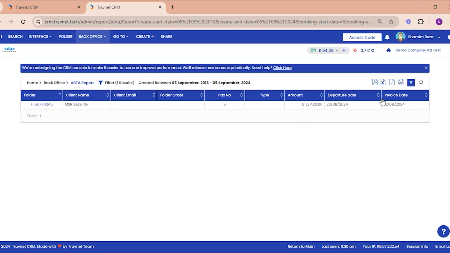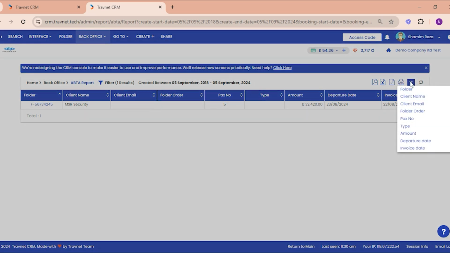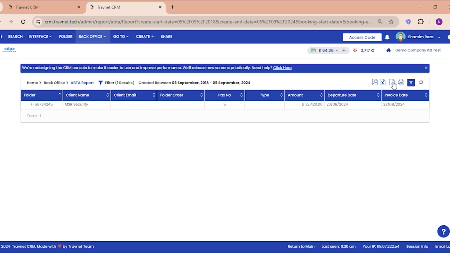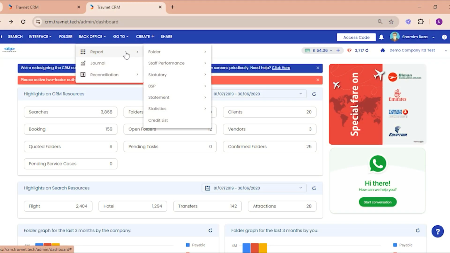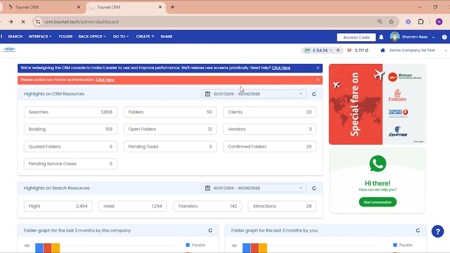From the top right corner of the list, you will see the refresh button, another filter button that can omit any column you want, print, and buttons to download CSV, Excel, and PDF files of the report. Next subsection of the report is BSP or Billing and Settlement Plan Report. Clicking on it will bring you to this page